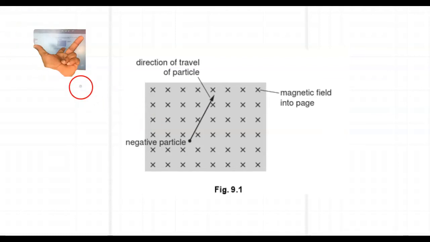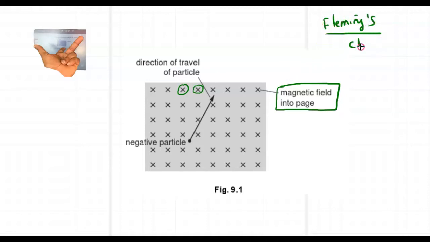Okay, now application question. You see here, the crosses are the direction of the magnetic field, that is into the page. So I told you, if you want to use Fleming's left hand rule, we have some clues. What are those? We need magnets or magnetic field lines. It is here, so one clue is satisfied. What is the other clue for us?